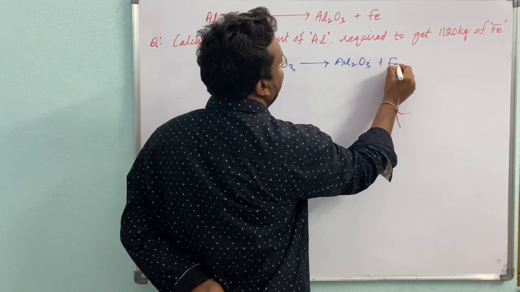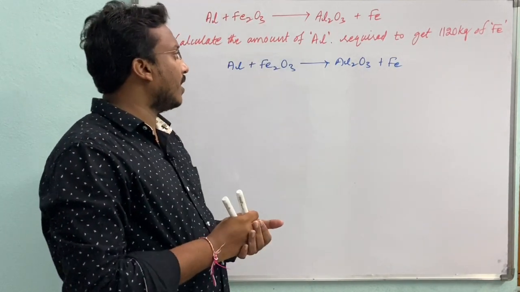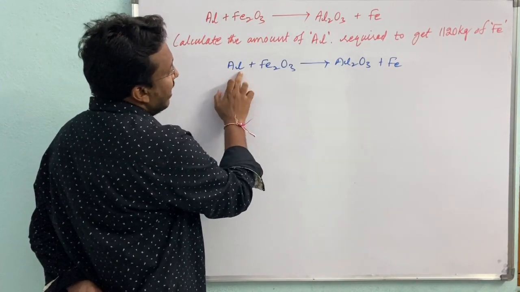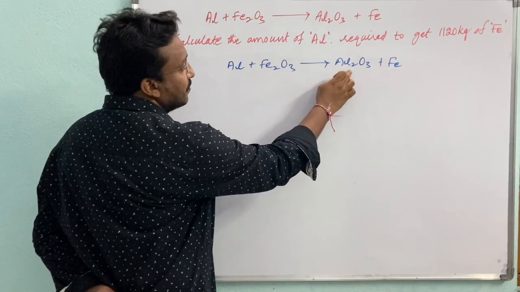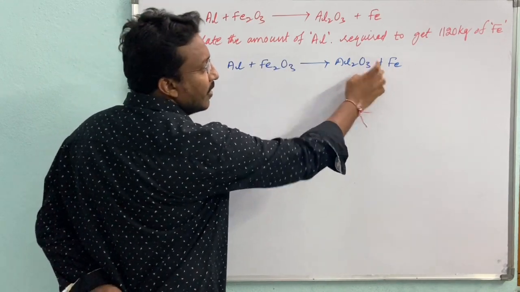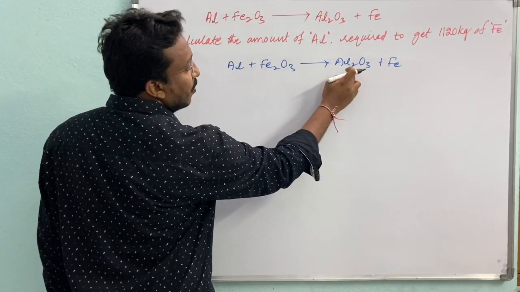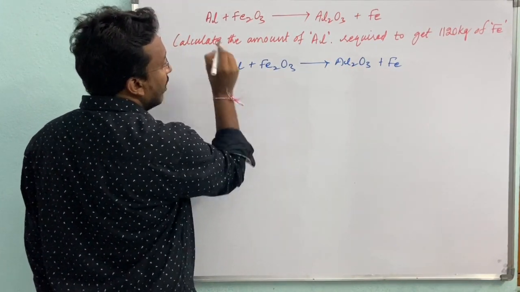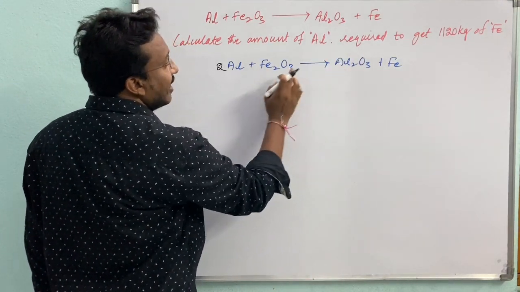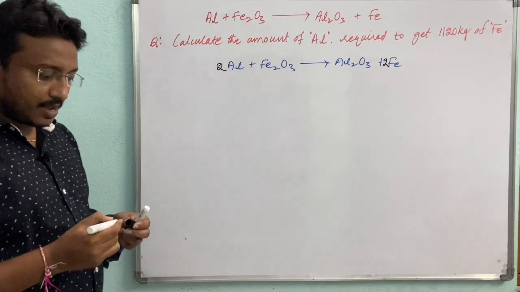Al2O3 plus Fe. First of all, we have to test whether the given equation is balanced or not. Now first we will make it a balanced one. Al is only 1 here and 2 on the other side; oxygen is satisfied; irons are 2 here, but we have only 1 on the other side. So I will write Al2 on the left. Now it is satisfied: Al2, O3, O3, Fe2, and here I will write 2. Now the chemical equation is balanced.